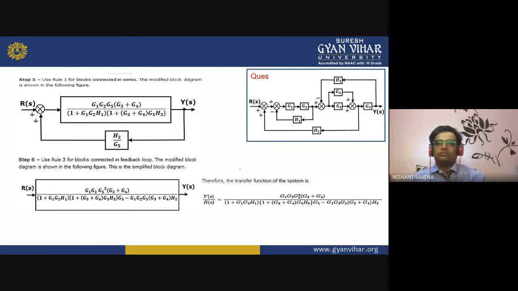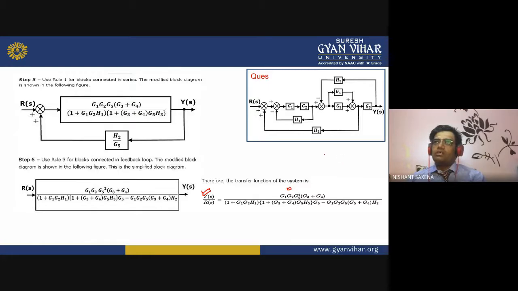Okay. Is this clear to you? That means we have got this transfer function as Y(s) upon R(s) is equal to G1, G2, G5 square into G3 plus G4, upon 1 plus G1, G2, H1 multiplied with 1 plus G3 plus G4 multiplied with G5 and G5 H3 into G5 minus G1, G2, G5 multiplied with G3, G4 and H2. Now you can directly write this transfer function if you have been asked, once you get